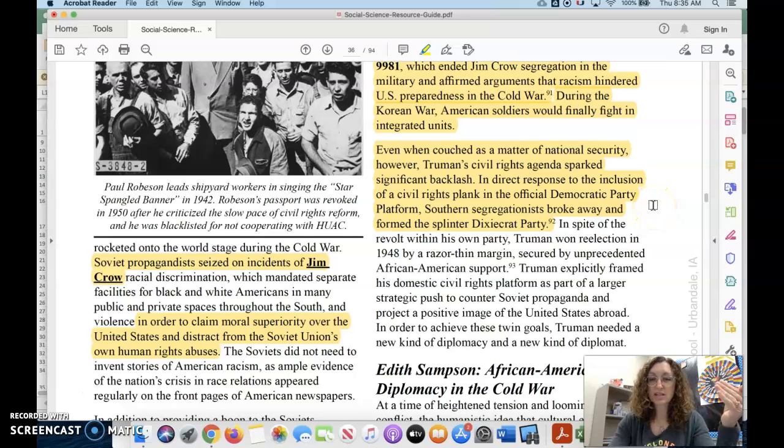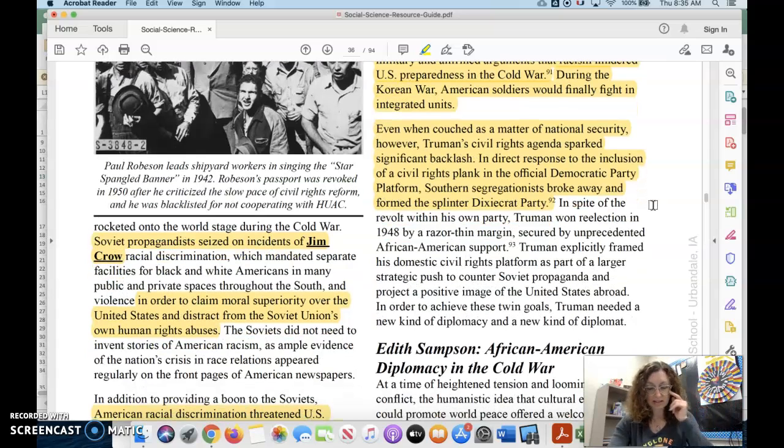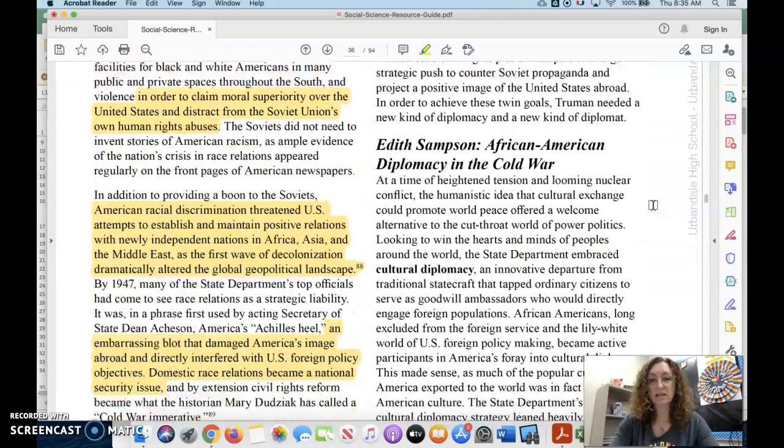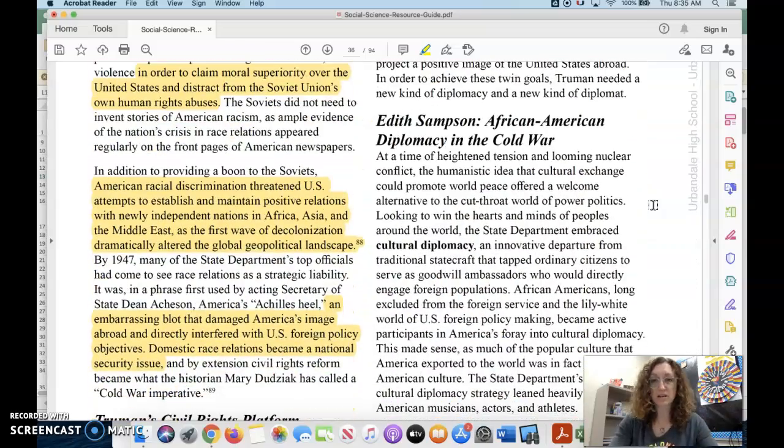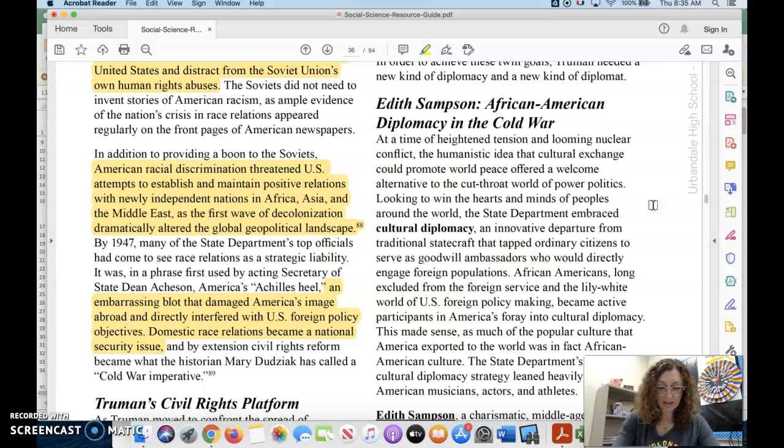The segregationists in the Democratic Party in the South, they're so angry over this that they split, and they call themselves the Dixiecrats. Well, of course, the Republicans aren't going to just let this opportunity go by, so they incorporate the Dixiecrats into the Republican Party, and that's one of the ways that the Republican Party starts to take a real strong hold in the South.